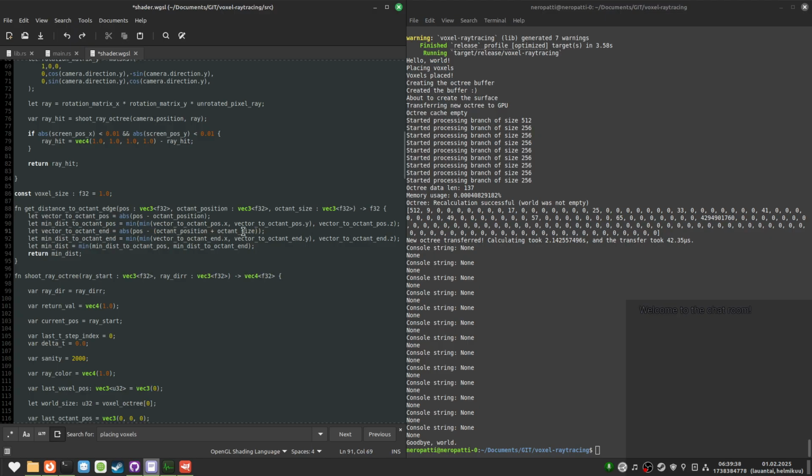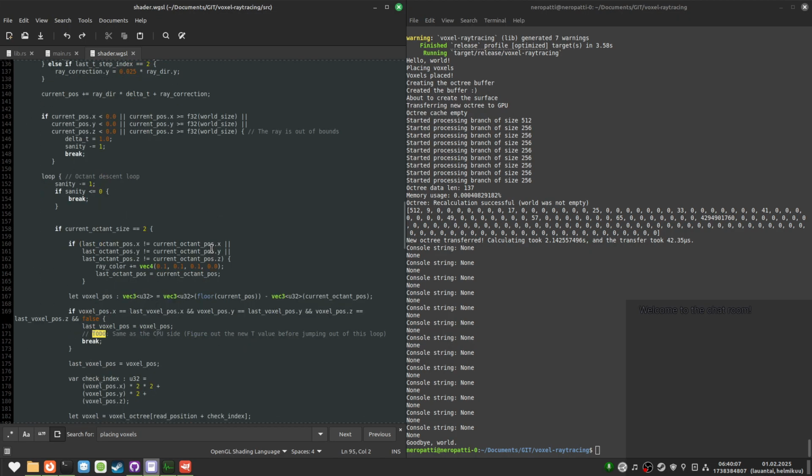Position plus octant size, and absolute value. That should be correct. Why is it not?